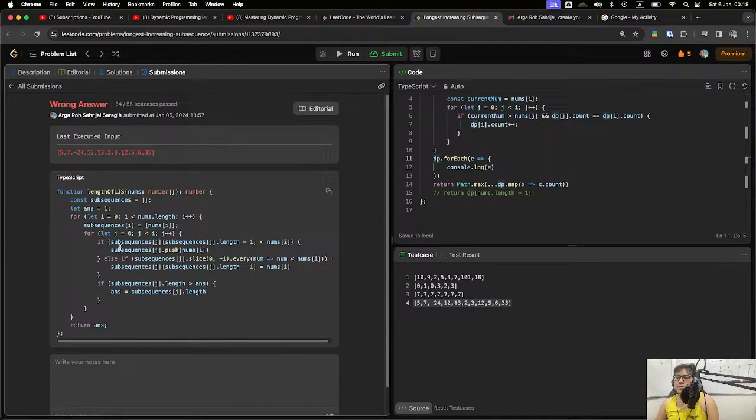We run through this, but actually 2 is very small. It's only larger than minus 24, but we are not actually comparing 2 to minus 24.